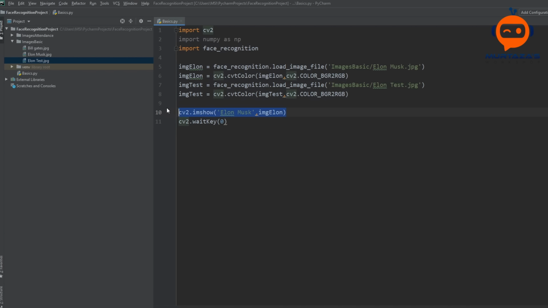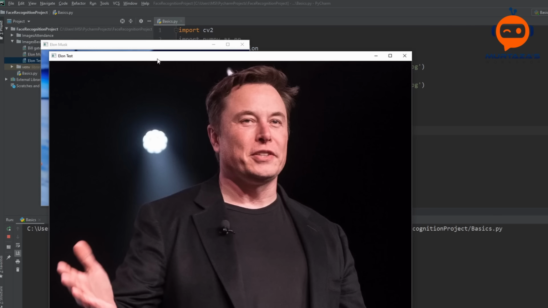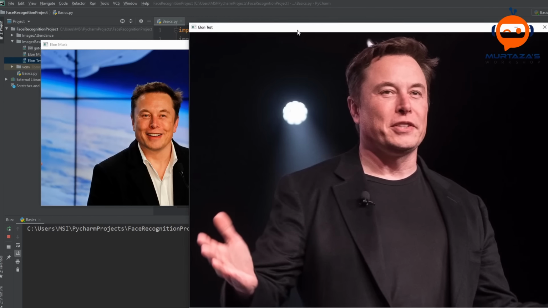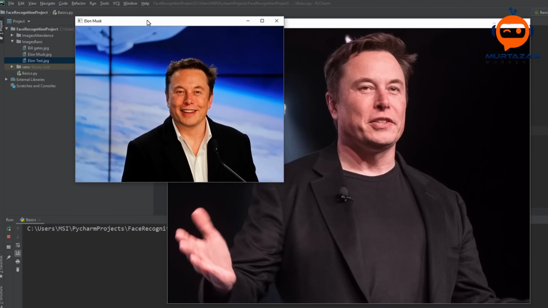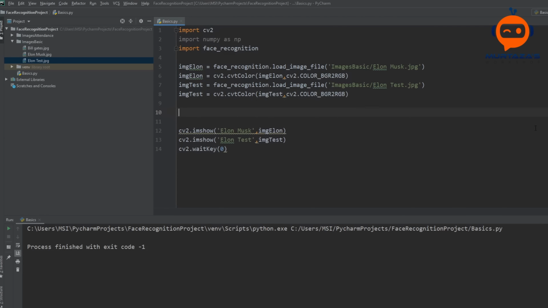So then we can copy this again, and we can paste it here, and then we can write here test, and this one is test as well. So if we run this, and there we have our 2 images. So this is the test image, and this is the normal image that we will use for encoding. So this was step 1.